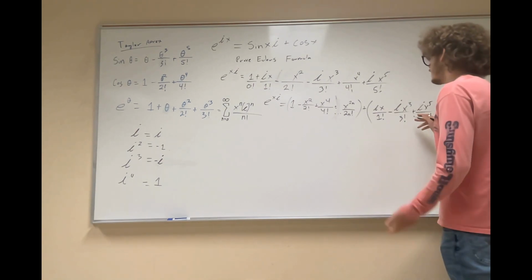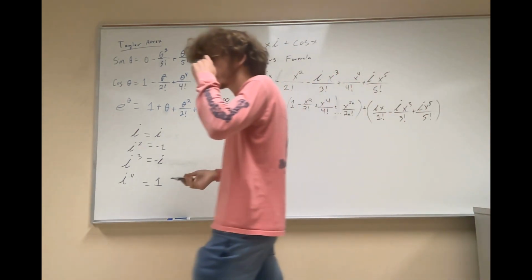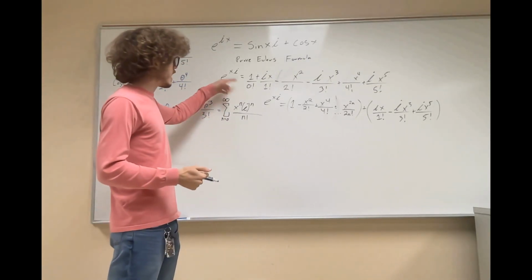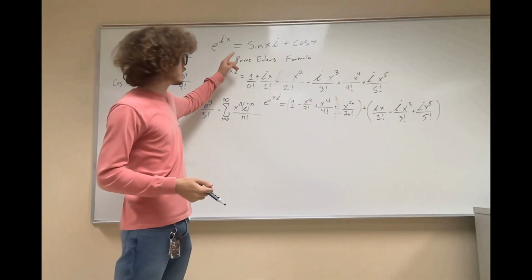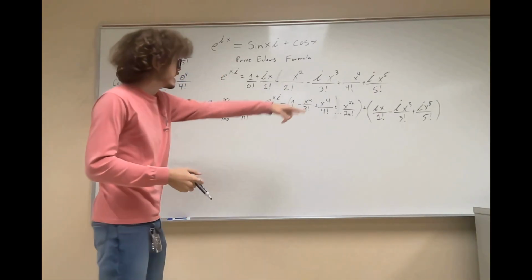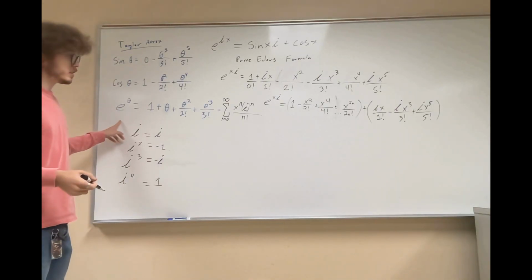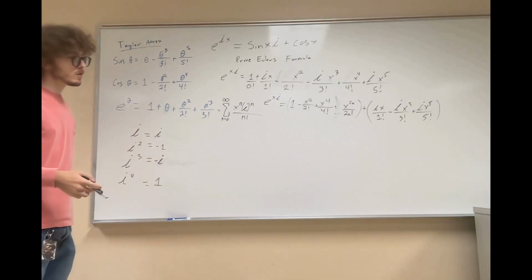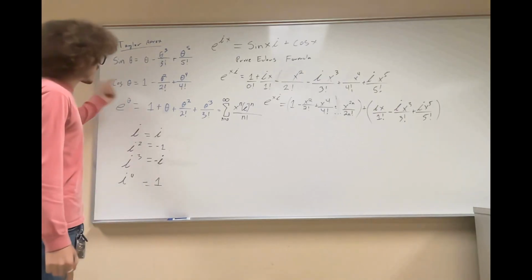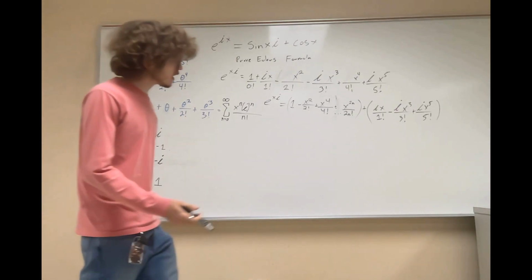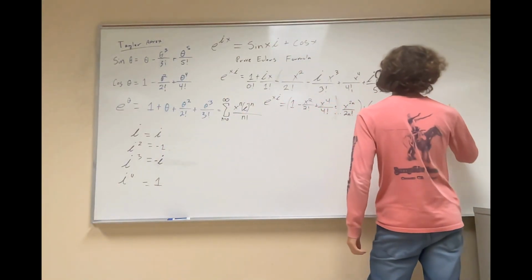So I hope that you're able to see the general pattern. We have e to the ix is equal to this Taylor series because we took a generic Taylor series of the e to the some variable theta function, and we added the i in there, and it made this whole thing. And one more thing I want to add over here, this would be